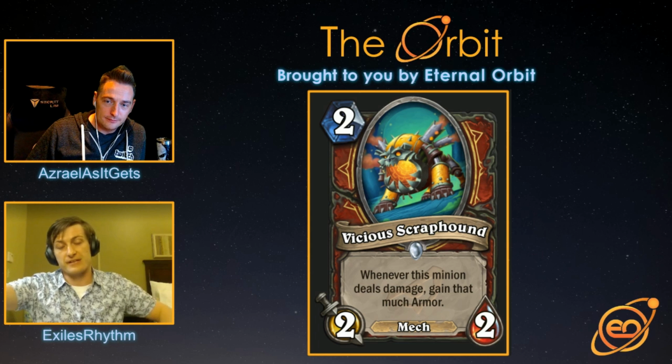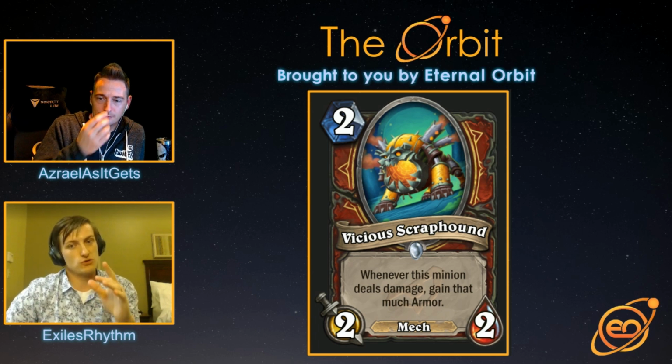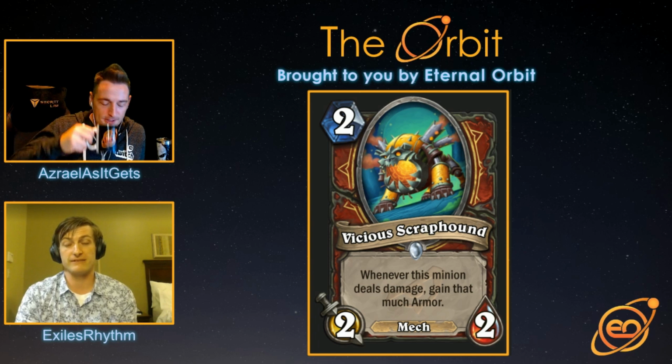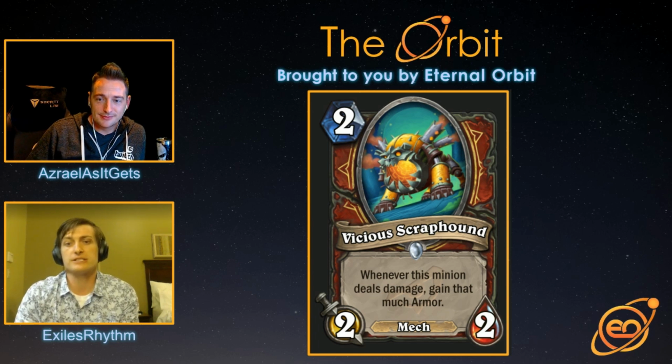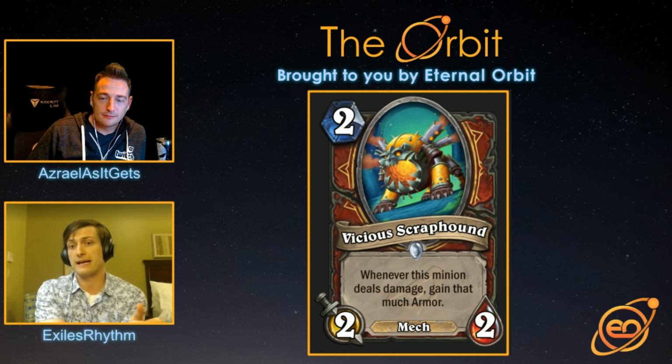I didn't even realize it was different than Ally Smith armor, which makes it a lot cooler to me. Thank you for pointing that out. That's awesome. So as cool of a card as it is, I don't believe in it. I don't believe in the Vicious Scrap Hound. I just don't see how it can be played in a control deck. A control deck doesn't want to play a 2-mana 2/2 that gains you a